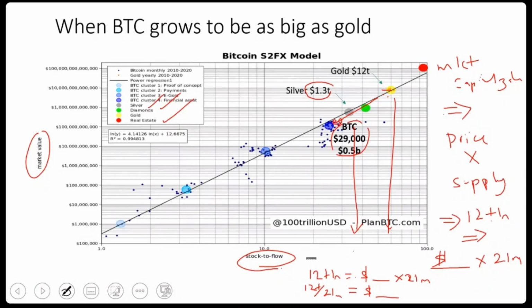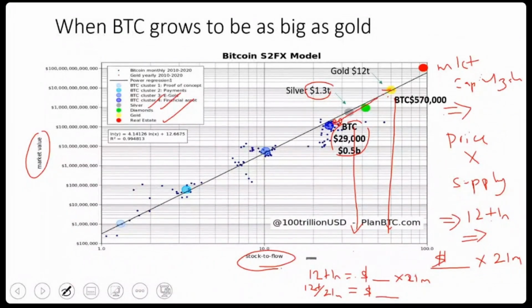Because if you've taken out your calculator and done this now, as I was talking just now, you would arrive at this number: Bitcoin of about $570,000. So if eventually Bitcoin did go beyond gold's market cap of 12 trillion, given that we know the supply of Bitcoin is 21 million, then the equating price has to be $570,000 per Bitcoin. Again, this is not a prediction. This is just saying the assumption is if it goes there.